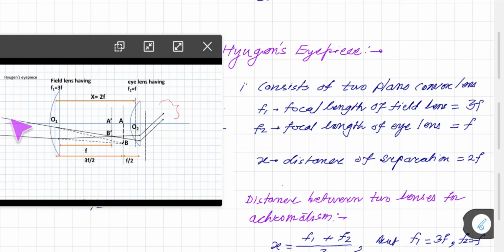So remember, the rays coming from the object, if the field lens is not there, form an image here. But as the field lens is there, these rays are refracted, and the image that they were producing here acts as a virtual object for the field lens. After refraction, the field lens produces the image of AB as A dash B dash. That A dash B dash is now the object for the eye lens. So after refraction, rays go parallel, and the image of A dash B dash is formed at infinity.